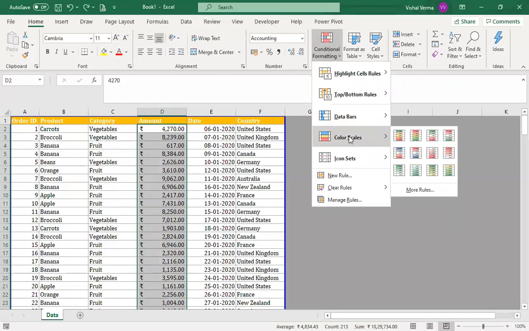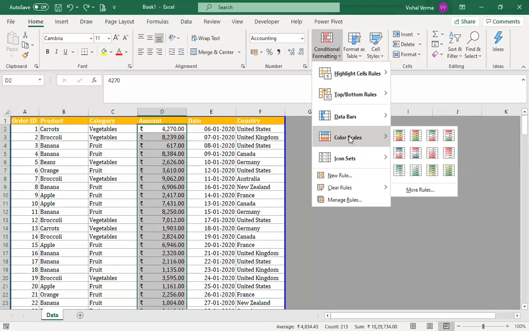Now color scale basically works on a more or less similar function as in the case of the data bar, but the only difference is that all the cells are fully filled up. The color range will be identified according to whether the value is on the larger side.